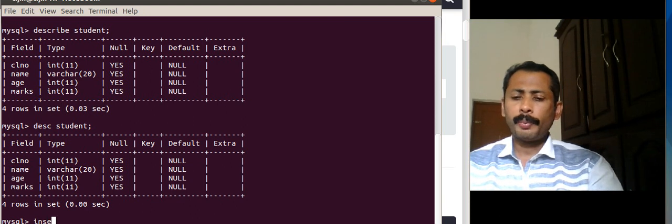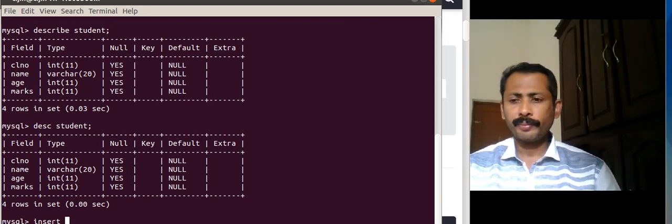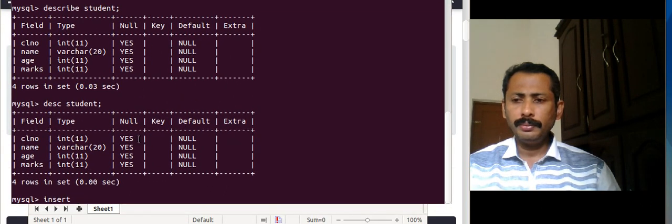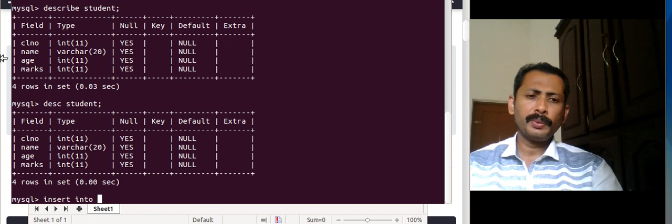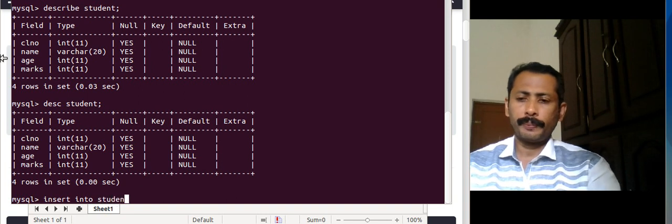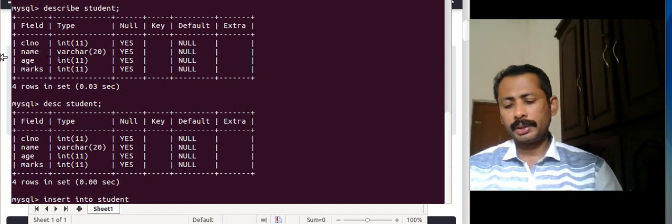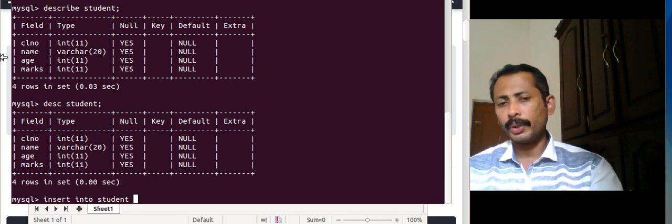So the command used is insert into, and we have to give the table name. Which table? Student. Insert into student.